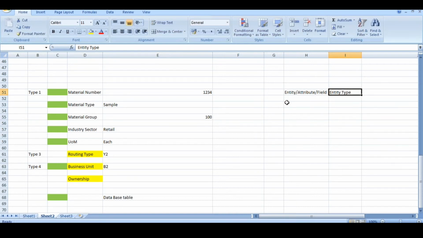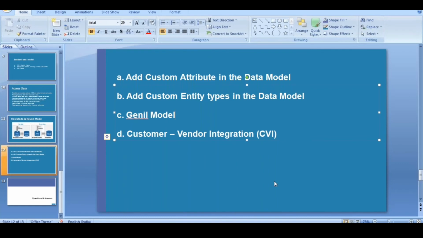Yes, please go ahead. So you have created one entity type and you have added the field attributes also in that entity type. So we have to add those attributes in the specific tables like Mara to store the data. As of now it's in the data model only. It will be at the UI level, but the exact data